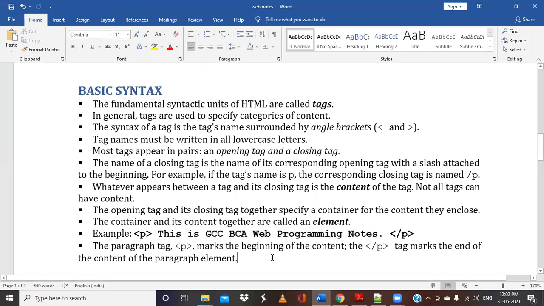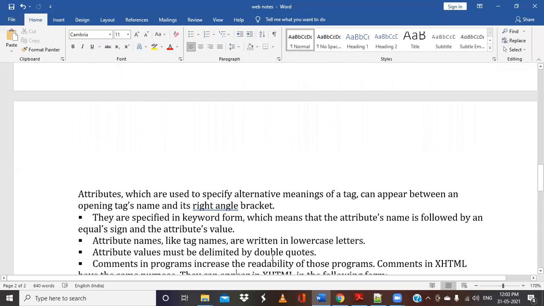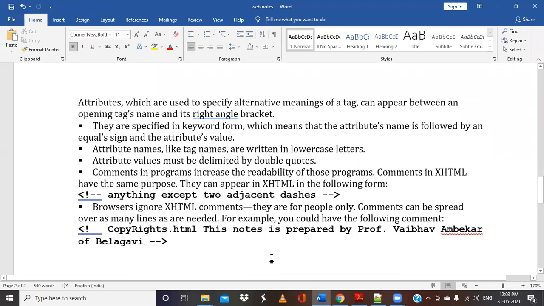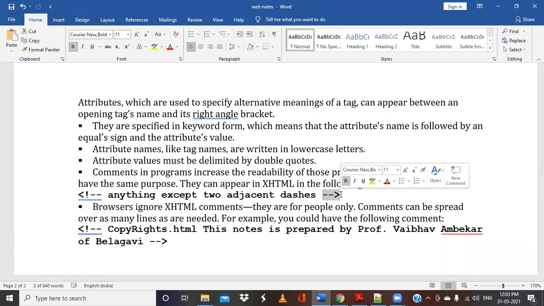So this we have discussed, and after that we also discussed how we can give comments. Like in a C program we can use double slash or slash star for comments. Similarly, when we want to use comments in HTML, we will be using this. Before starting the comment we need to use this, and to close the comment we have to use this. Again, the comments can be single line or multiple line, depending on our requirements, and the browser